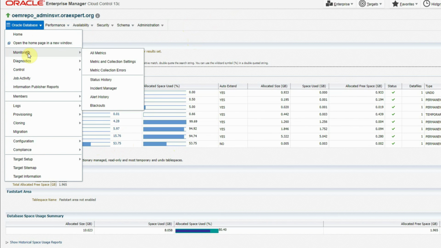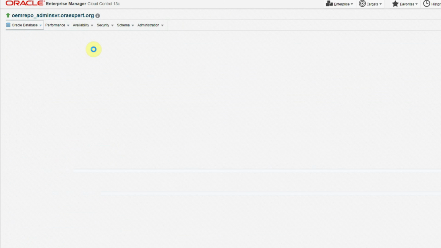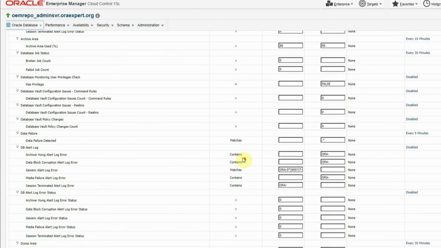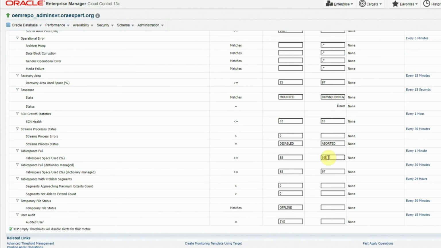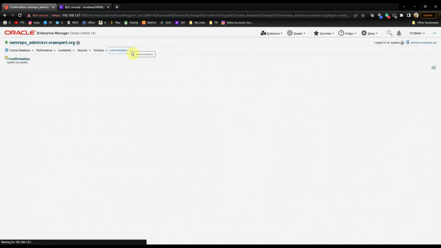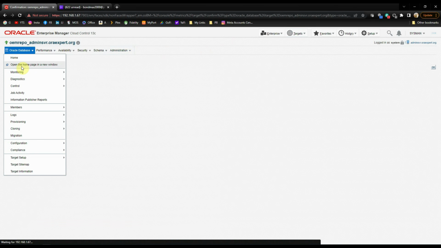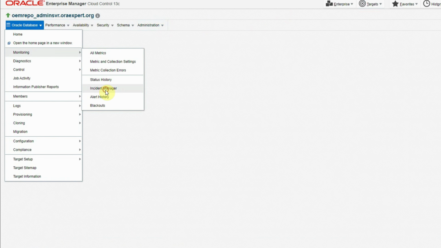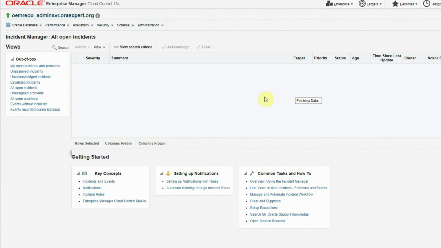So we will go back to the metric and collection settings for the database target, and we will lower the critical threshold to 50 and the warning threshold to 40, and the collection interval is every 1 minute already, and save the settings, which will take a few seconds. Now it is saved, and we will go back to the incident manager page of the database, and as expected,